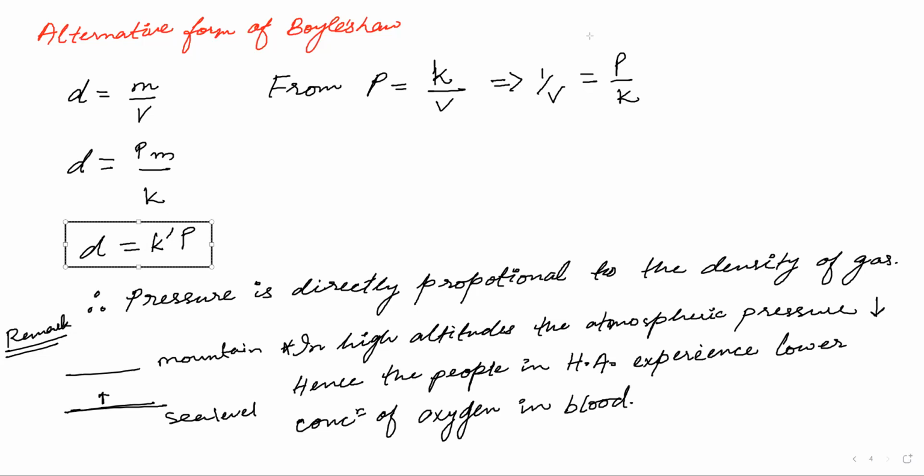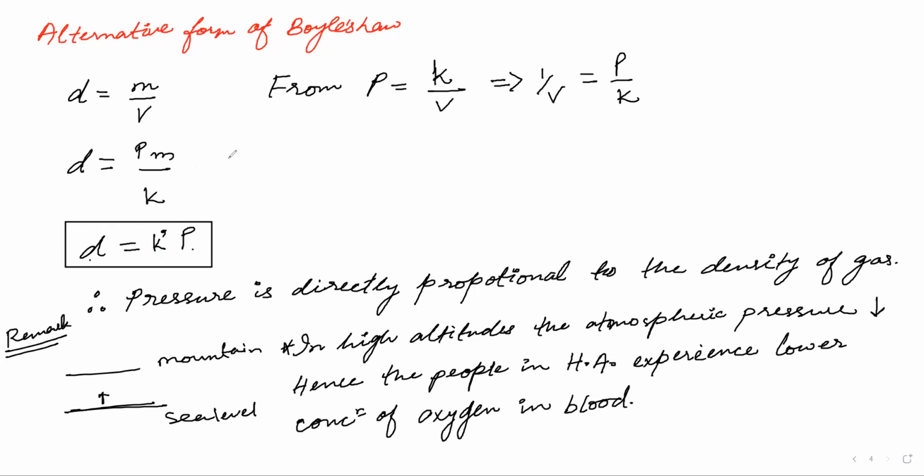Sir, can you explain this, K dash equal to P? I couldn't understand from the previous line. I will explain from the previous line. So I have to only explain K dash, correct? Yes, sir, this one only. D is the same, P is the same, only K dash. Previous line I understood, where we took 1 by V equal to P by K. In this equation also, you understand how D came and how P came. You didn't understand K dash? Yes, sir. So tell me, K dash is equal to how much?